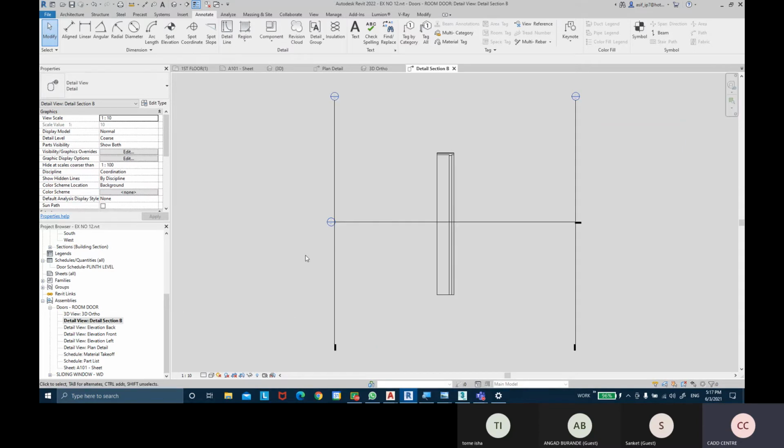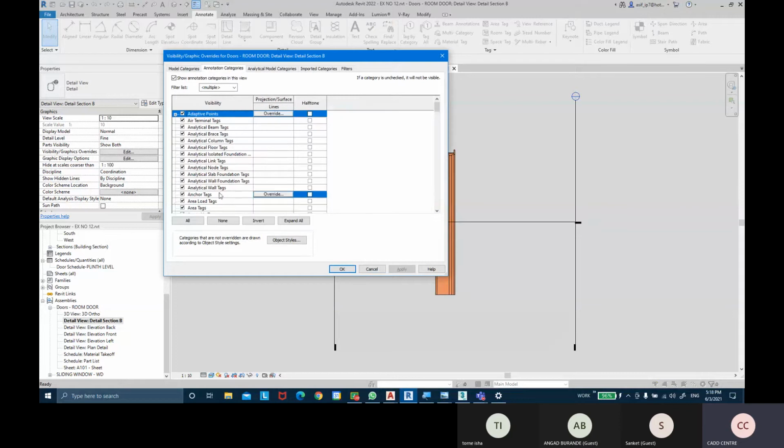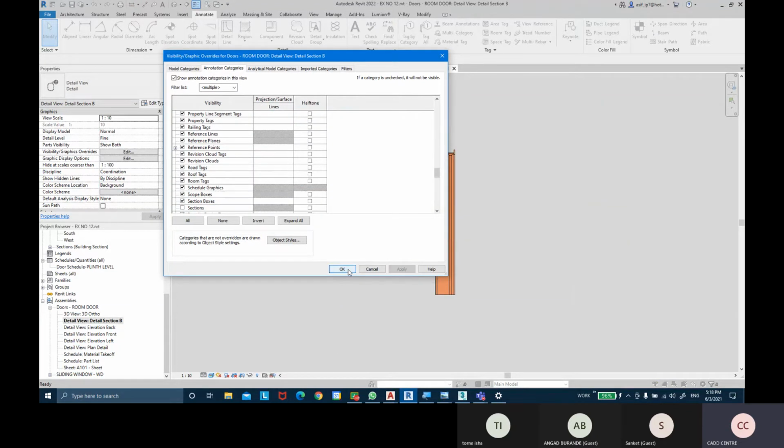You can come in section D, make this fine detail first and constraint colors or realistic material. Come into visibility graphics, annotate category of the sections.